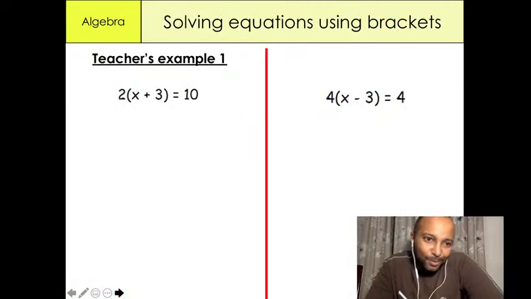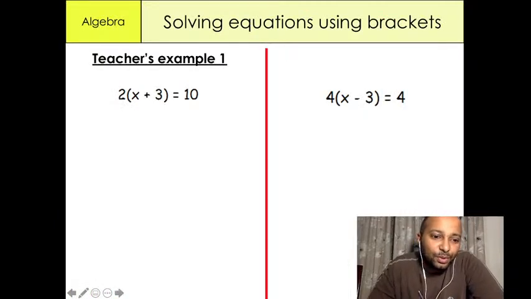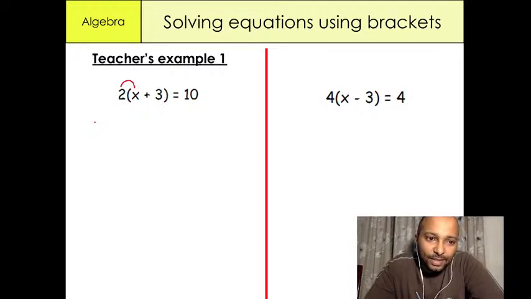So first example, we have 2 open bracket x plus 3 close bracket equals 10. What you need to do first is to expand the bracket. So we're going to do 2 times x, which gives us 2x, and then 2 times 3, which equals 6,